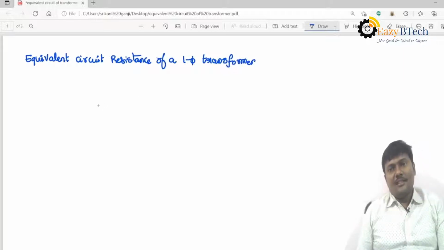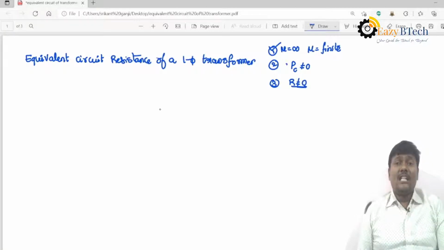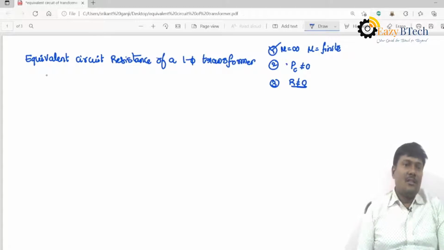What is our first assumption? The first assumption is that the permeability of the transformer core is infinity. So we are already considering a finite permeability. The second one is that core losses are not equal to 0, coming to the practical one. And third, we are considering the resistance: the resistance of the winding is also not equal to 0. But in an ideal case, we assume that core losses are 0 and the resistance of the winding is 0. But if the transformer winding has resistances,